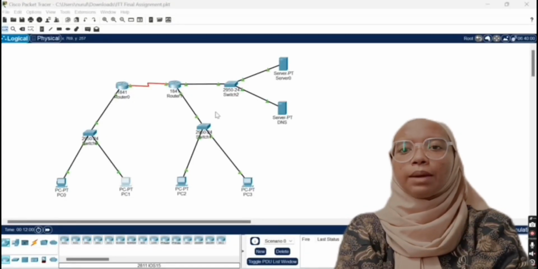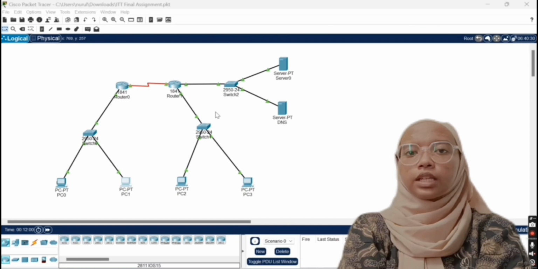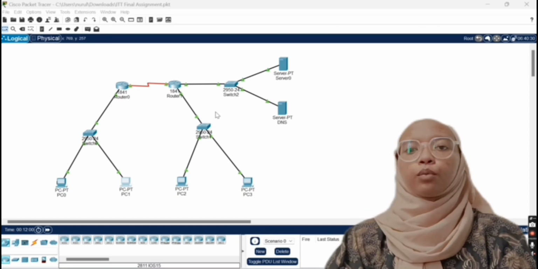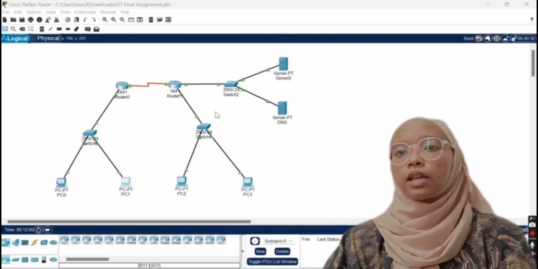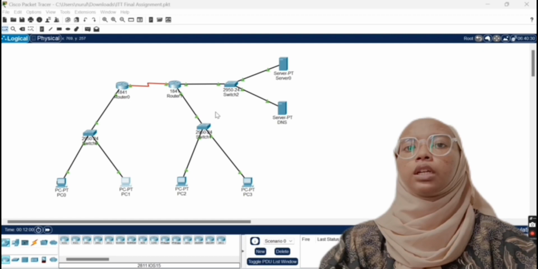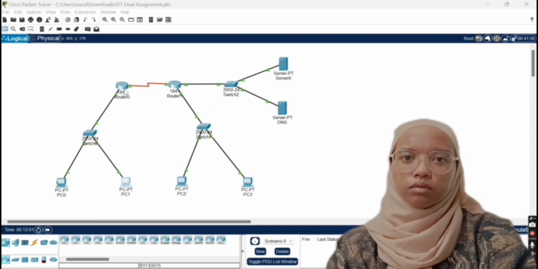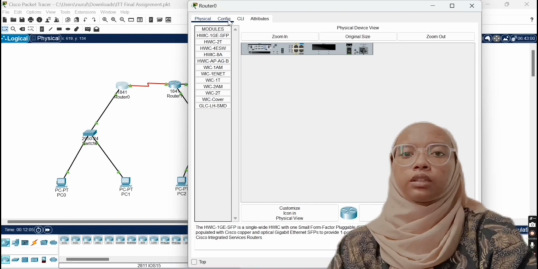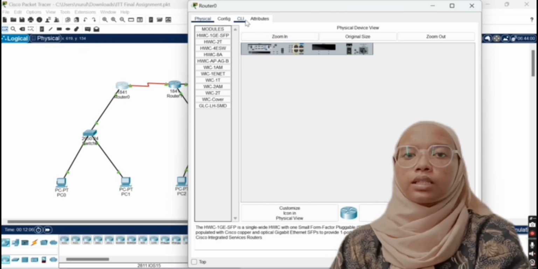Next, we move to step number 4 to view a list of stations that connected in a network using command prompt. Step 1, click File and select Open and choose the file network. Wait for the wireless router to connect the device. Step 2, click the router that you want to view the list of stations. Step 3, click CLI